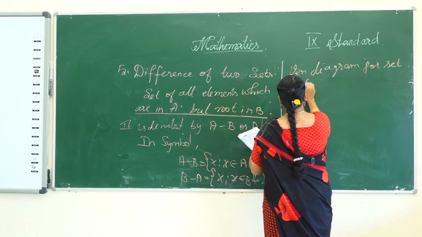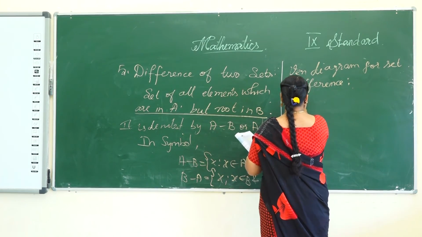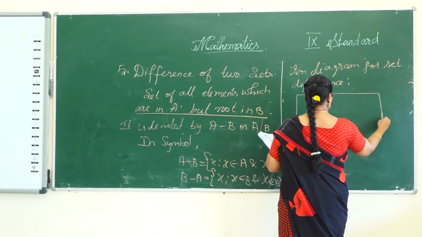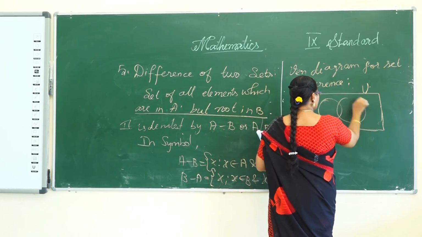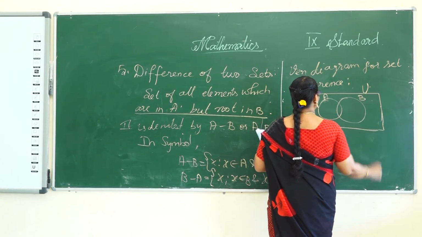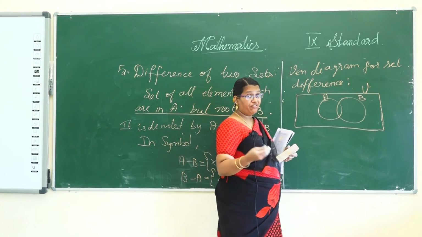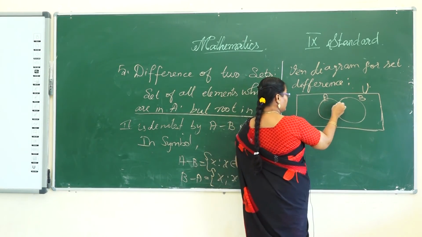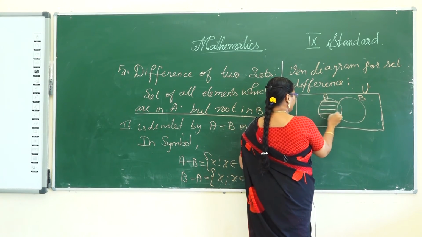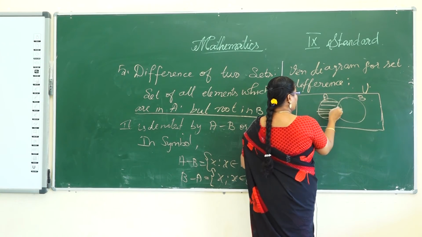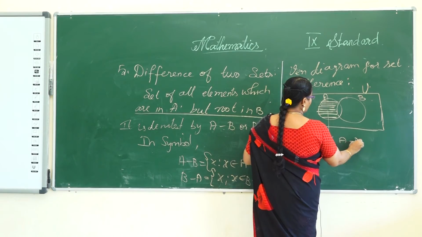Set difference. First draw the universal set. Draw the two sets A and B. So the first one is A minus B, that is A difference B. A la mattum irukanum. So idhu B ngumbodhu idhu consider aayirum. Appo A mattum ngumbodhu not in B, A only. So this part is called A minus B.